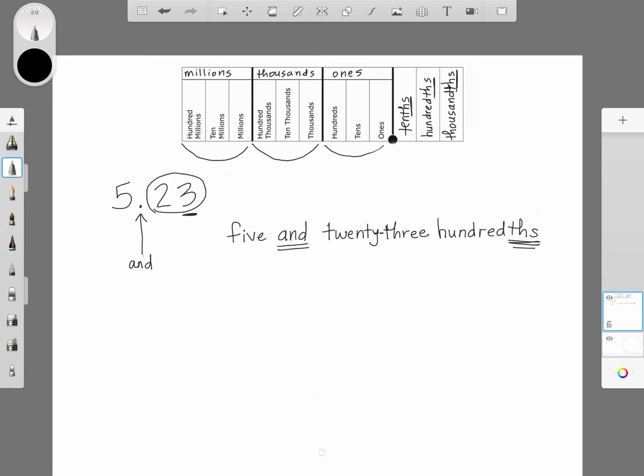Okay, now let's say we have a number that doesn't have anything in the whole number area. It only has a decimal number. Let's go ahead and just do 23. In this case, we don't say "and." We just say 23 hundredths